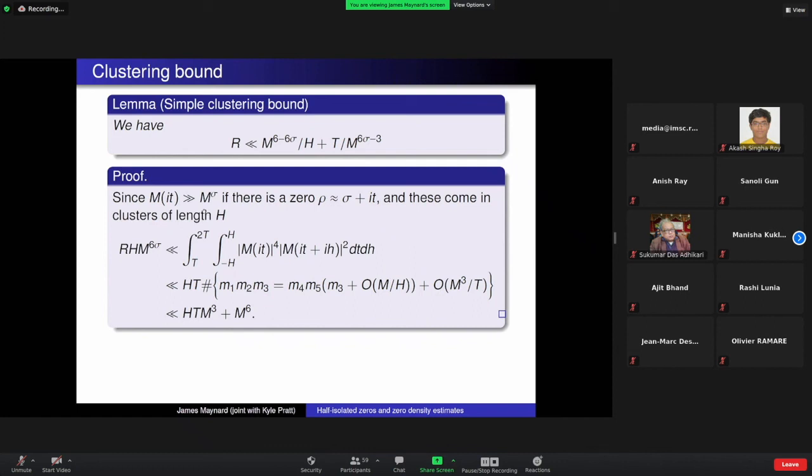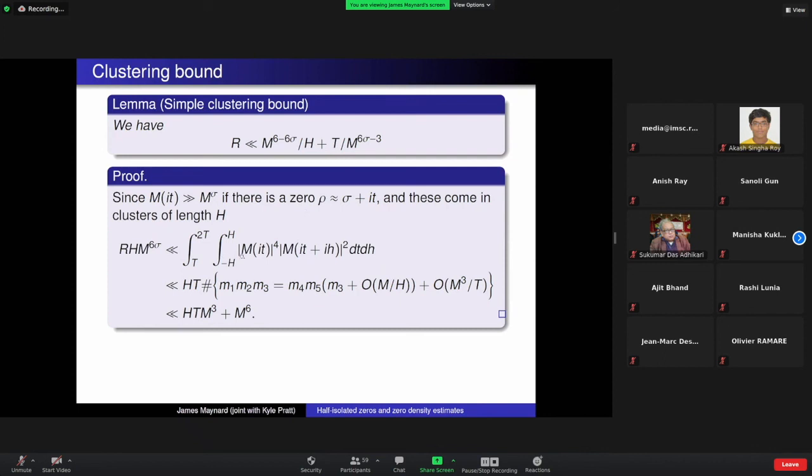They could now be quite long Dirichlet polynomials. But if we're thinking of m taking a value of size m to the sigma whenever it's evaluated at a point with imaginary argument very close to the zero, then we can exploit clustering by saying,